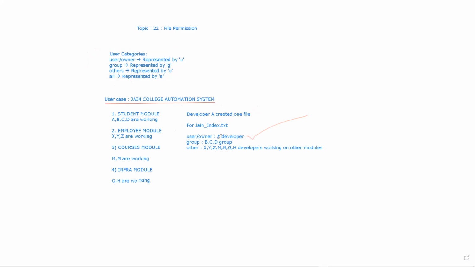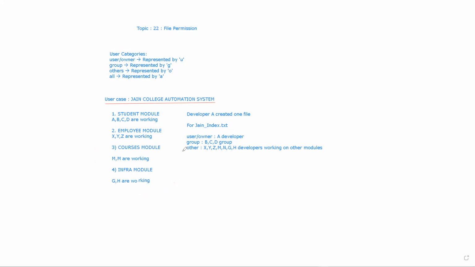A is one of the developers working on the student module, but now he is the owner of Jain index.txt, and the rest of the people from this module, B, C, D developers, will fall into the group category, and whatever leftover users are there will fall into the other category.